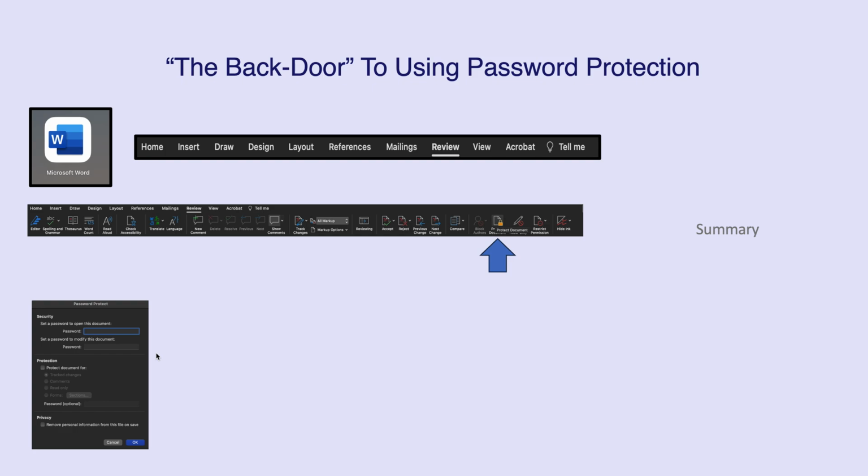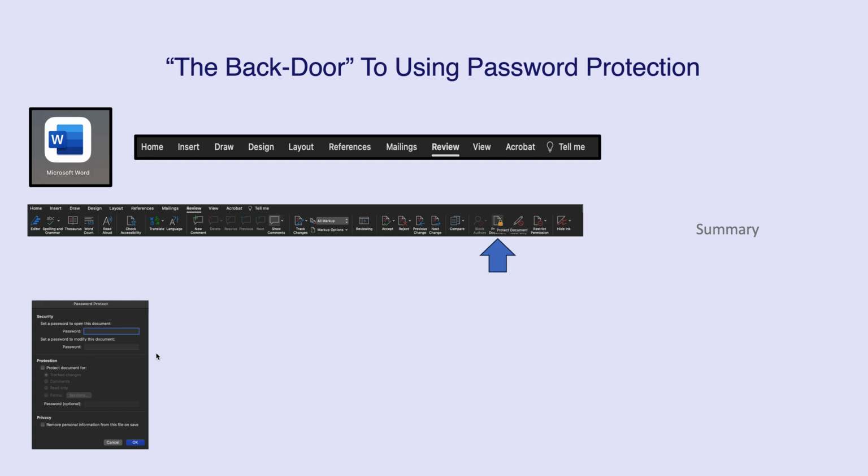Now, it is highly recommended, and in my opinion good practice, that you keep a list of your passwords. And if you lose the password after encrypting it, I don't believe you'll be able to get access to it again. And so I would say, after you set the password, then and only then